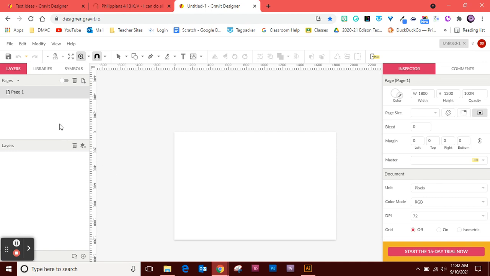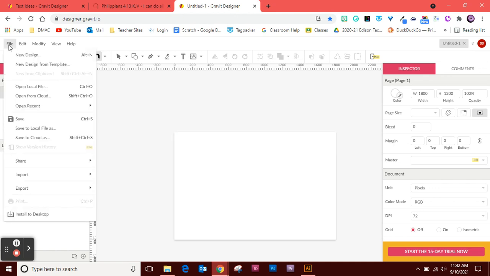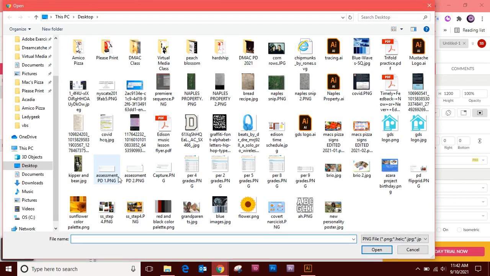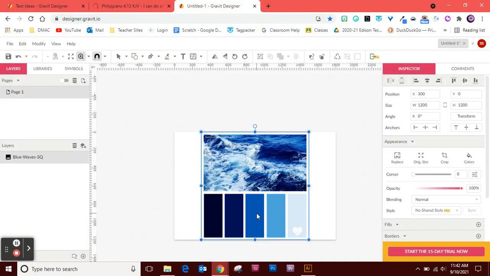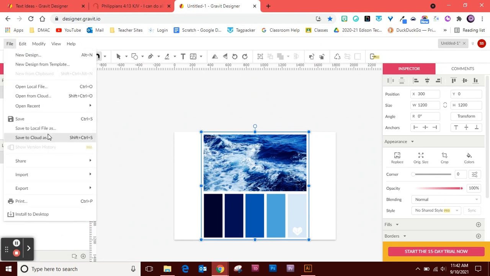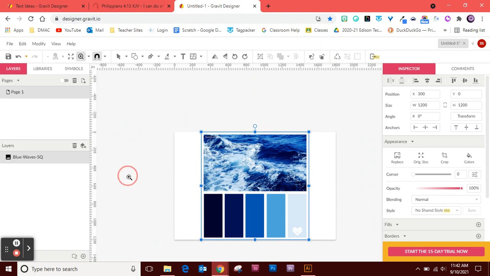So in our area here, we're going to start placing the images that we downloaded. So go to File, then Import, then Place Image. You need to not only place the images that you downloaded, you're also going to need your color palette. So there's my color palette. And I'm going to go ahead and also grab all of my images. Image, place image,